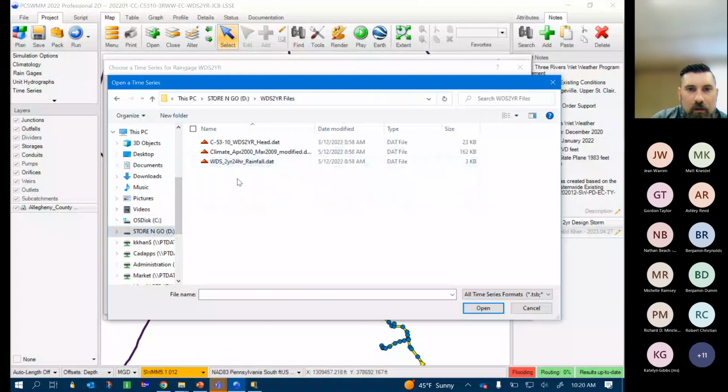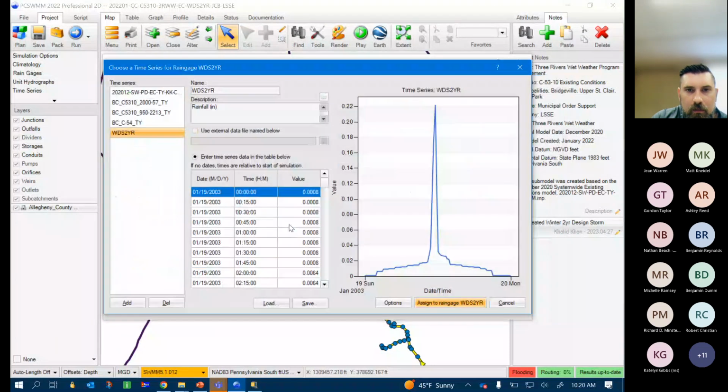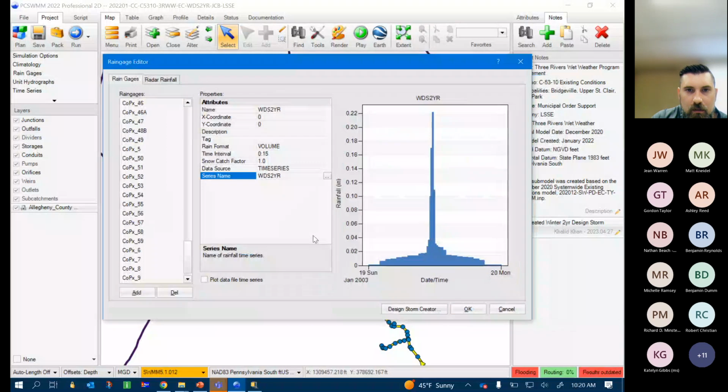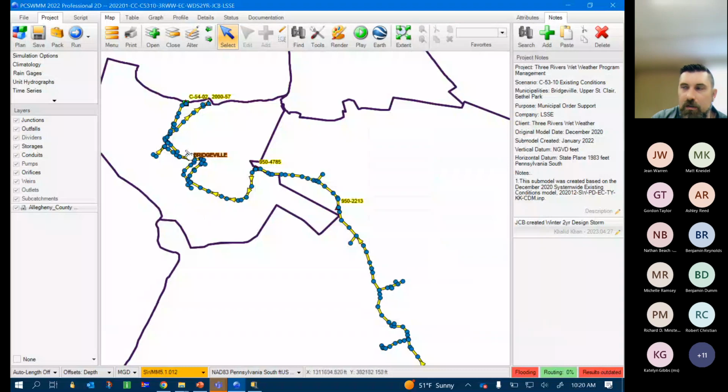Oh, that's what I'm doing. Okay, got it. So here's my winter 2-year design storm precip file, assigned to that rain gauge. Okay. I think there's different ways to go about importing that precip file, but now that I have this rain gauge,